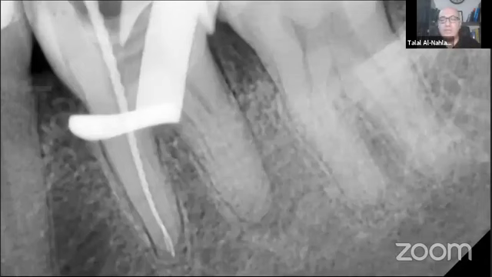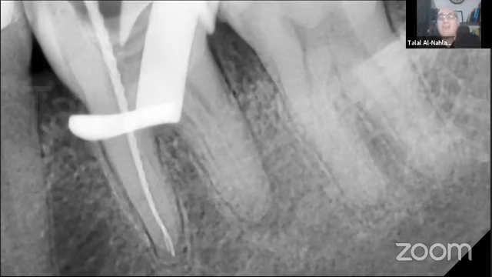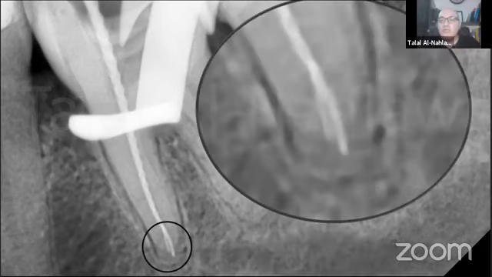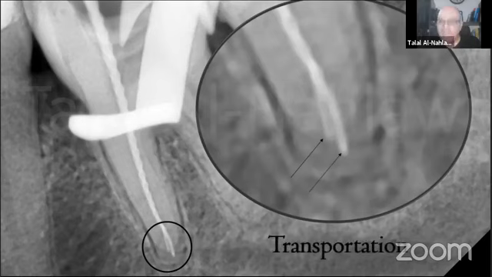But what happened is the following. I was successful to bypass a broken file radiographically. I bypassed it on the X-ray. But actually, if you look closer, you can understand that I made a transportation. It is not a bypass. So also, this is a very important fourth risk of bypassing that we have to be aware of while we are doing a bypassing for our instruments. It is not logical to create another path, so that the infection